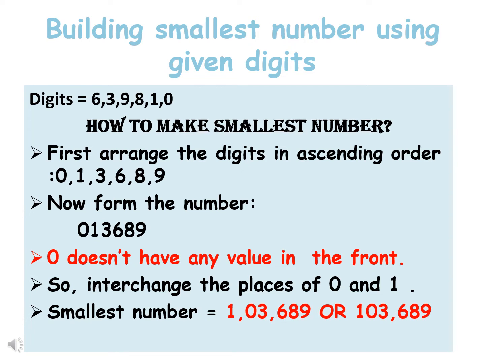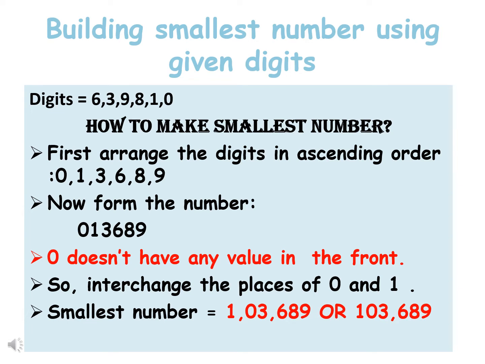But remember that we should never write 0 at the highest place. Why? Because its place value is 0. So 0 is always placed second in the smallest number. So when we arrange the digits in ascending order, 0 came first, but while making the number we will put it at the second place, so we will interchange the places of 0 and 1. So the smallest number becomes